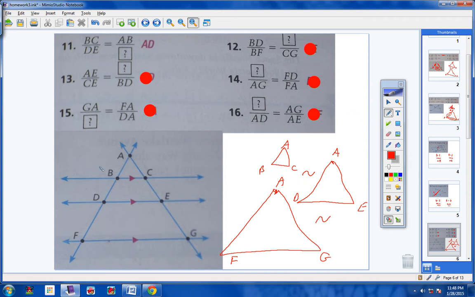So let's go over here. BD over the whole side BF equals, would it not be CE over CG? Because whenever three parallel lines are cut by two transversals, it divides the transversals up proportionally. So BD over BF